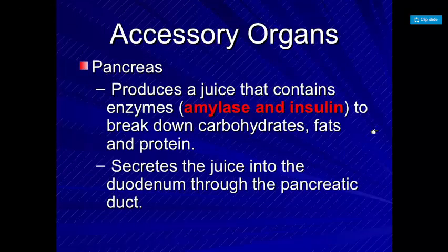Pancreas. The pancreas is really important. It's responsible for secreting 2 of the most important hormones in your body. Insulin, which breaks down the sugar and burns it. Glucagon. Glucagon is responsible for producing sugar. So, if you're eating too much sugar, your pancreas starts secreting insulin. Glucagon is going to cause your liver to produce the sugar that it has stored, in case you haven't eaten for a long time.